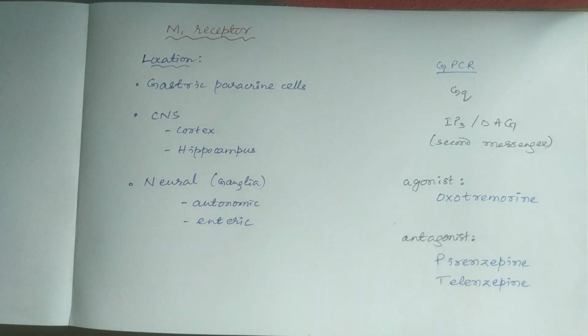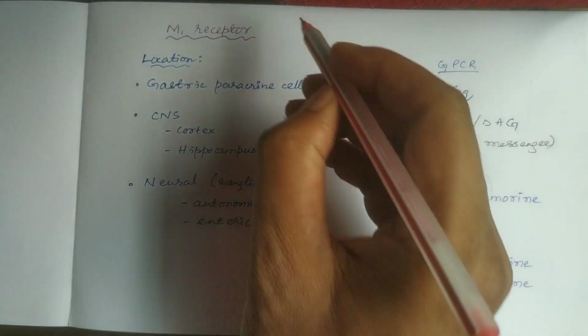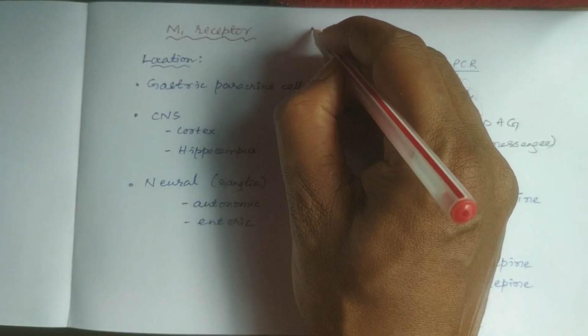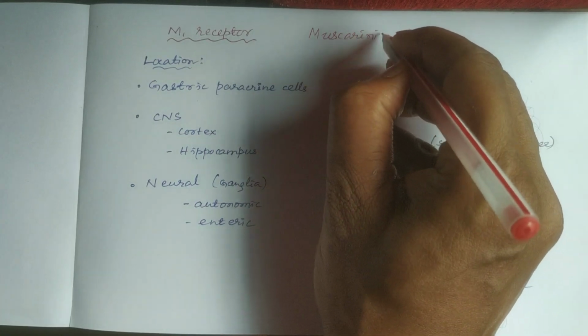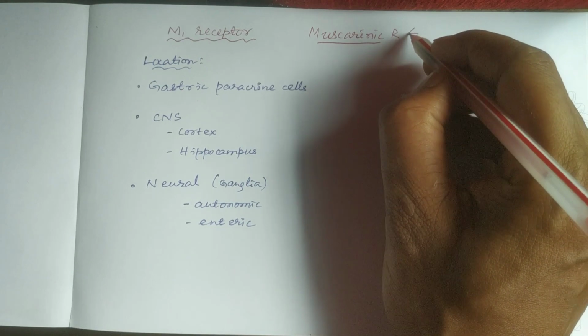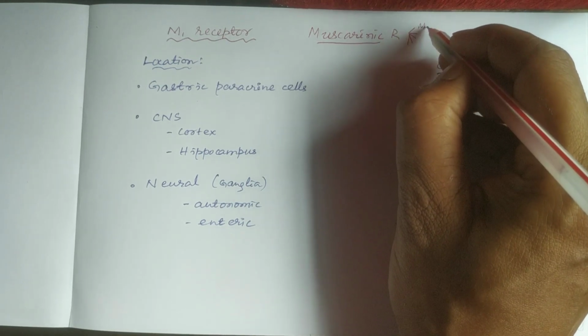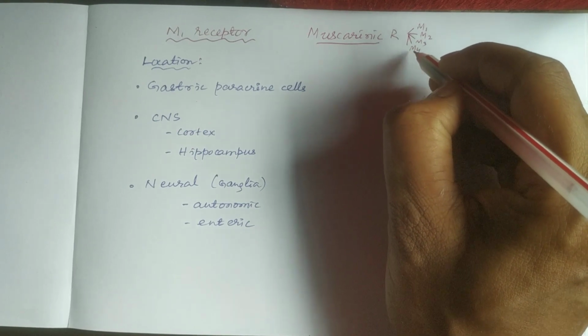Namaskar. Today we will study the M1 receptor. M stands for muscarinic receptor, and muscarinic receptors are of 5 types: M1, M2, M3, M4, M5, and today we will discuss M1